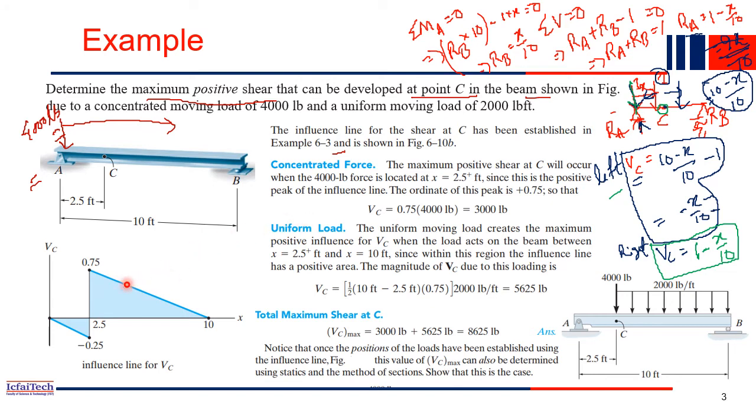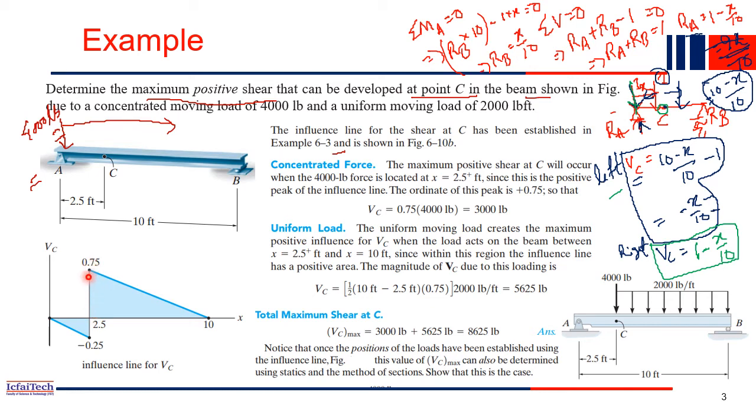maximum shear force? So maximum shear force will get it when the load or when the moving load is just above the point C, right? So when the point load is at this point, then Vc is 0. So whenever a point load is coming from left to right gradually, okay, so when exactly at this point you will get the maximum Vc, right? Again at this point again it is less, right? So when the moving load is just above C, we will get maximum Vc.